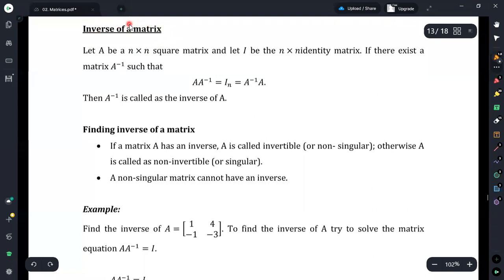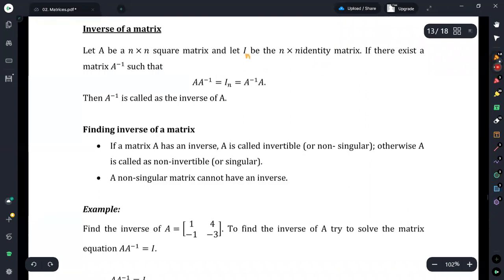When you are going to obtain the inverse of a matrix, there are several methods that we can use. According to the dimension of the matrix whose inverse we are going to identify, there are different methods we can use. Suppose that A is a square matrix having n rows and n columns, and I is the identity matrix, I_n.